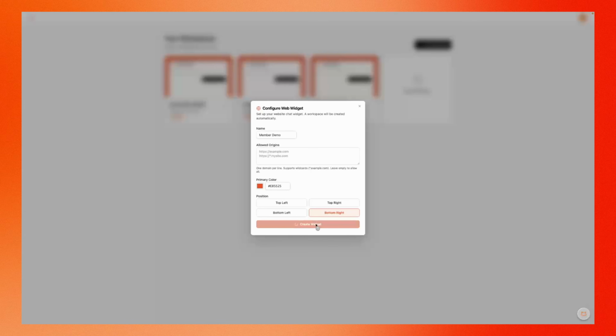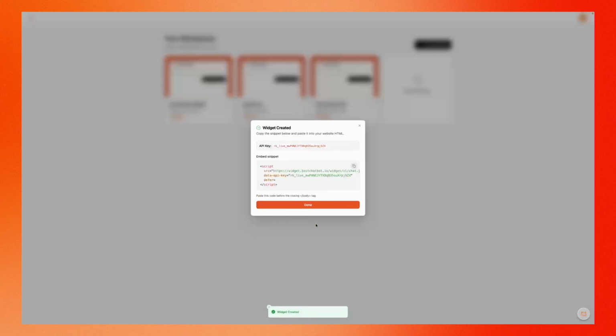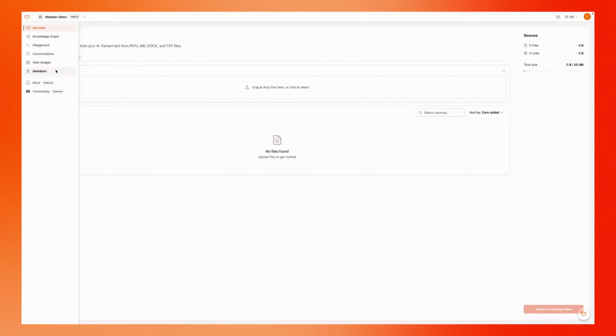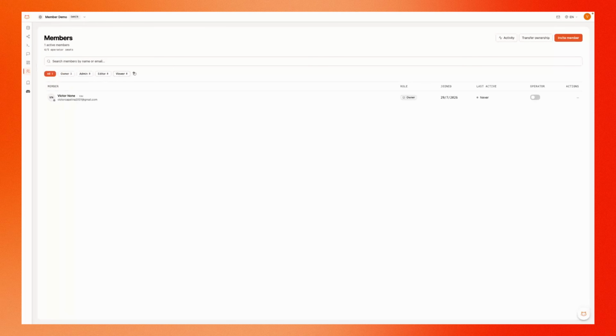I'm gonna click on create widget, and this is a pretty straightforward process that should not take more than 10 seconds. Once it's done, we're going to be presented with this API key that we just have to copy, and I'm going to get into the workspace. Here we do have all the tabs. We have the sources, knowledge graph, playground, conversations, web widget, and members. All this was covered in the past videos, but as per now, we're going to be focusing on this members